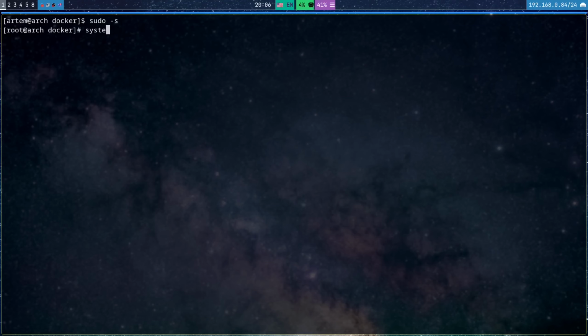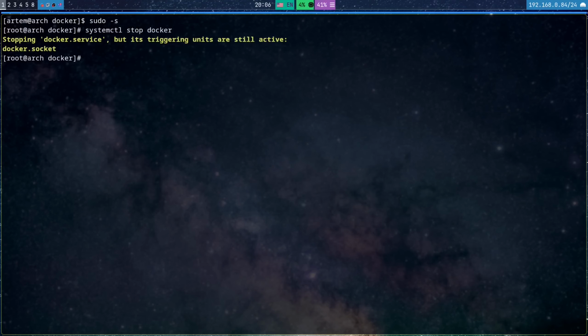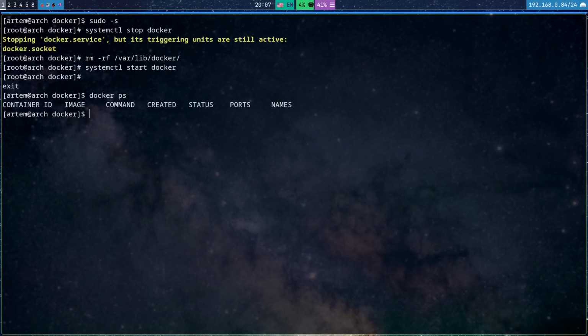I will stop the Docker service. So the Docker service stopped, and let's remove /var/lib/docker and start Docker again. Let's do docker ps, and let's build this Dockerfile